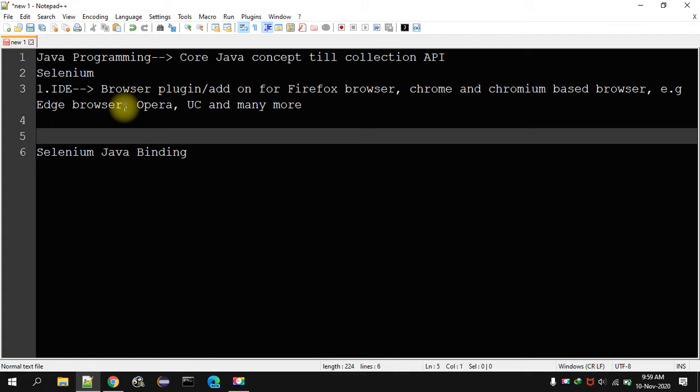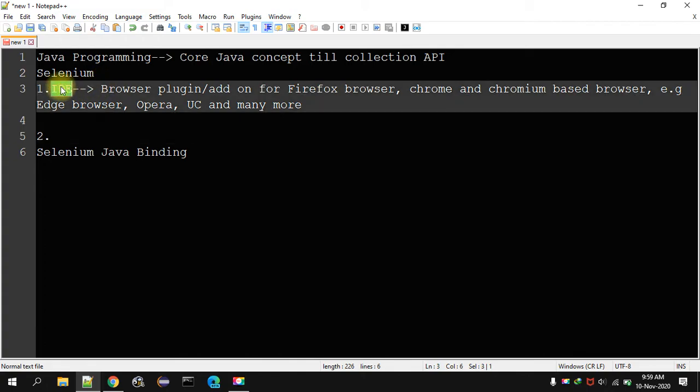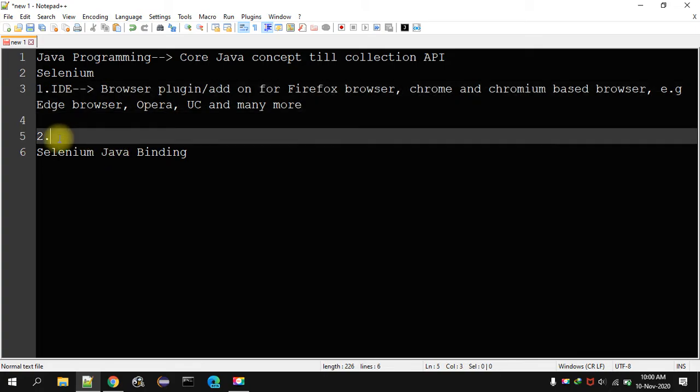So you can install the plugin. Basically, the Selenium IDE plugin is available from the Chrome Web Store, and that Chrome Web Store is available to all the Chromium based browsers. Chromium based browsers are Edge, Opera, UC, and many more. So you can install that plugin and start using it.